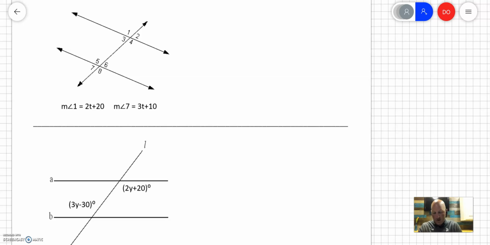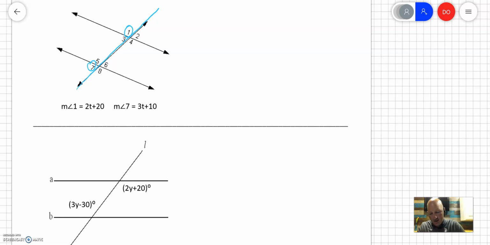So inside of the first question are two angles that give us our angle 1 and angle 7. Notice how 1 and 7 are on the same side of the transversal and they're on the exterior of the parallel lines. Therefore, they're same side exterior angles, and when two parallel lines are cut by a transversal, the SSEAs